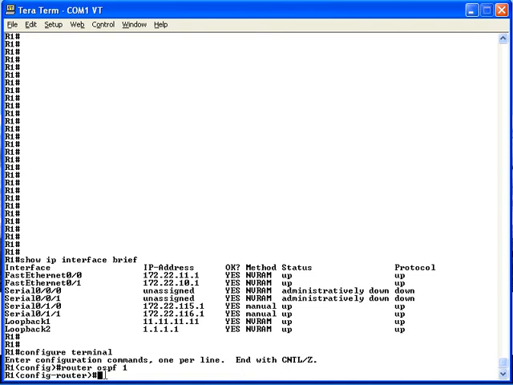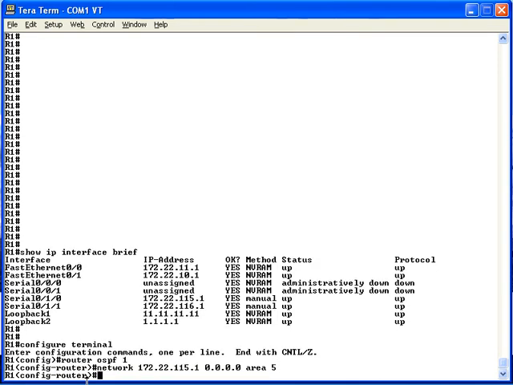Now we need to add two network commands, one to match serial 010, inputted in area 5, and one to match interface serial 011, inputted in area 6. So to match the first interface, we'll do a network command with 172.22.115.1 with a wildcard mask of 0.0.0.0. That means exactly match this network command with an interface whose address ends in 115.1. So in that case, that happens to be the interface that's in area 5, so we'll put the area 5 parameter at the end of the command, and there's the network command that will match the left-hand